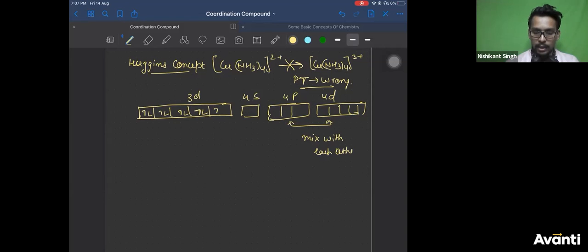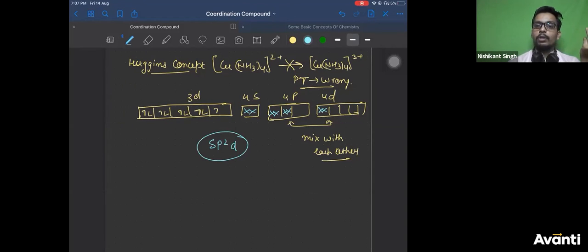Right? They can mix with each other. So rather than using a p orbital, the ligand might use 1 s orbital, 2 p orbitals, and 1 d orbital of 4d. Because whether it uses 4p or 4d does not matter, because they are close in energy. It can use any of these two. So the eventual conclusion was that the hybridization is sp2d, one of the rarest molecules which shows sp2d hybridization.